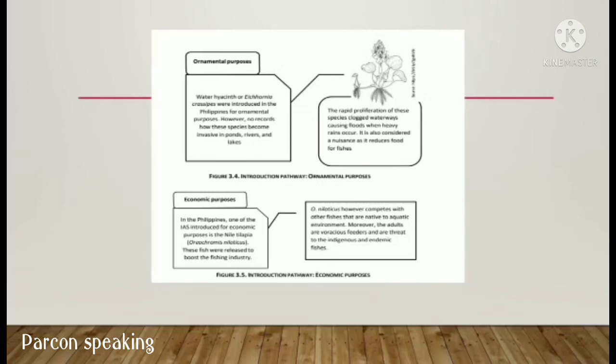Niloticus, however, competes with other fishes that are native to aquatic environment. Moreover, the adults are voracious feeders and are a threat to the indigenous and endemic fishes. So, it is one example. Nile tilapia, or Oreochromis niloticus, is one example of an organism introduced for